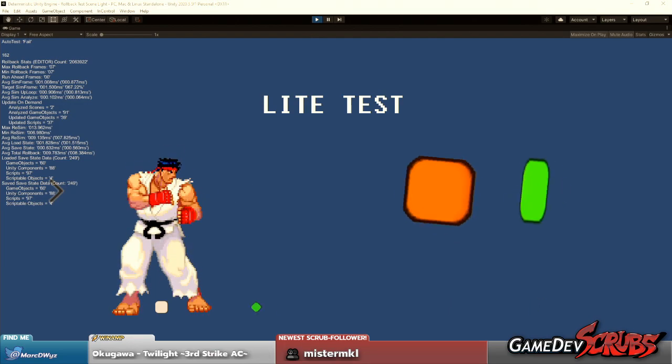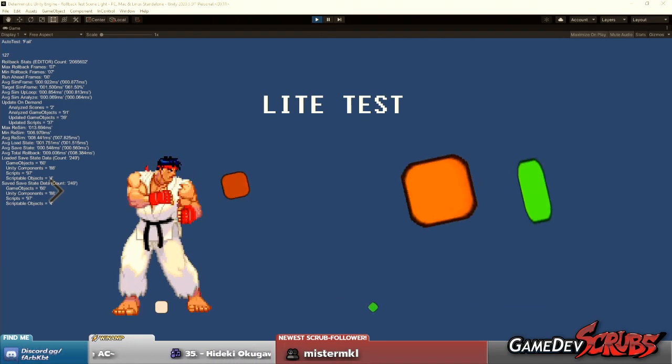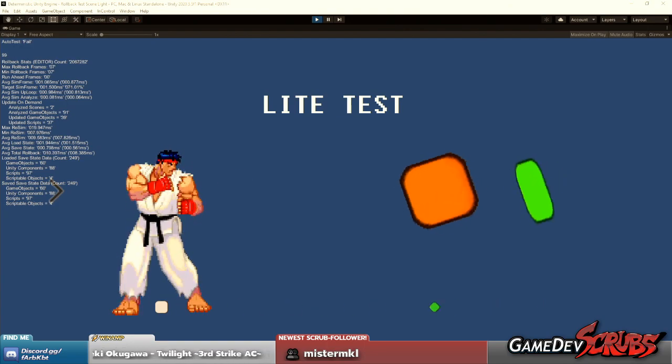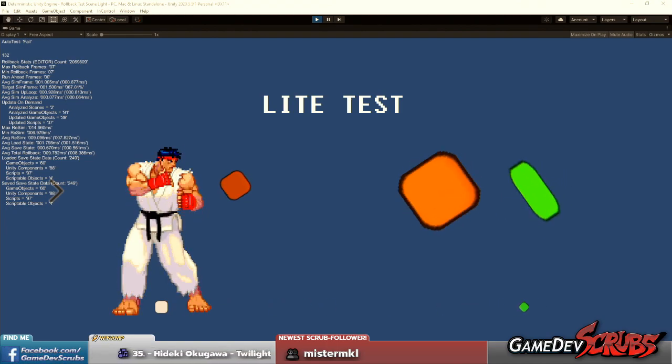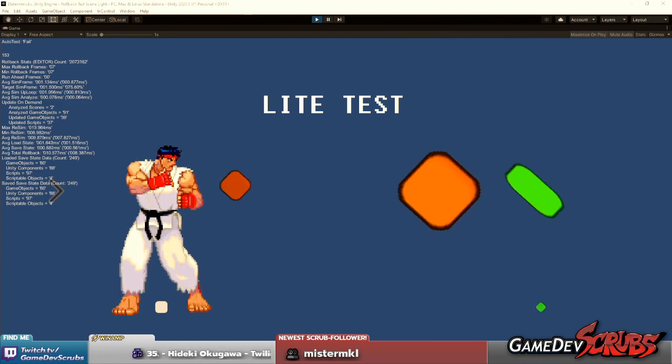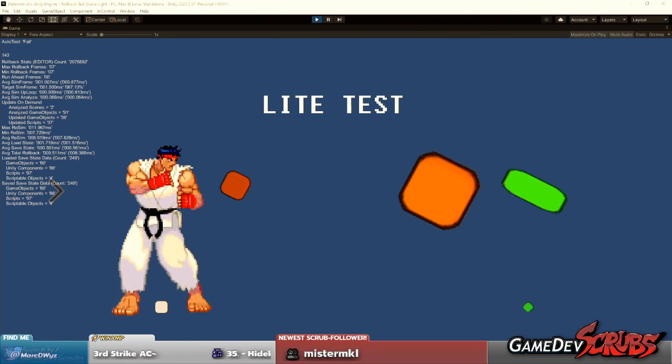What are some things I should optimize before adding rollback to everything? It depends on what engine you're working in and what code language you're working in. Optimizations are going to be very, very specific to your game and your platforms. So you'll have to do the research on that to figure out exactly what's good and what's not good to do. So for instance, in C#, garbage collection is a big issue.